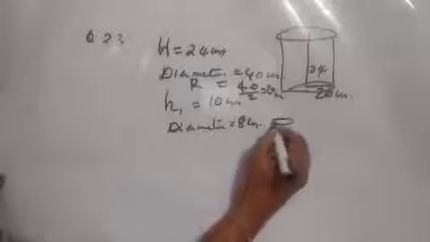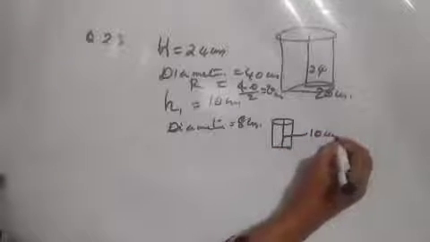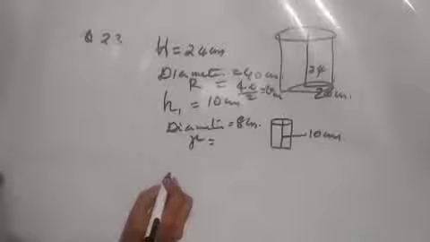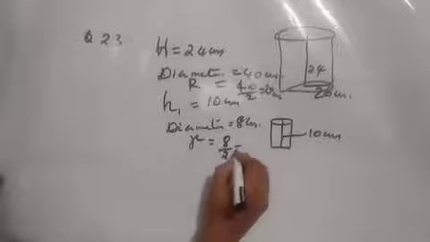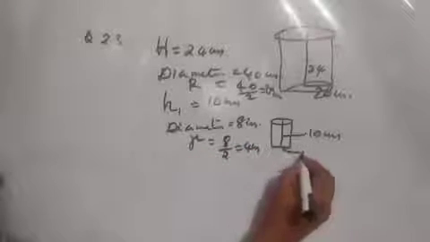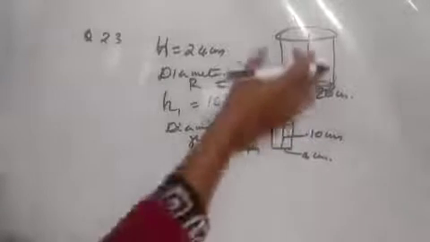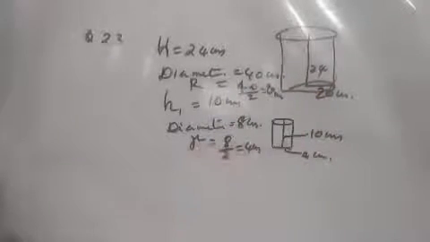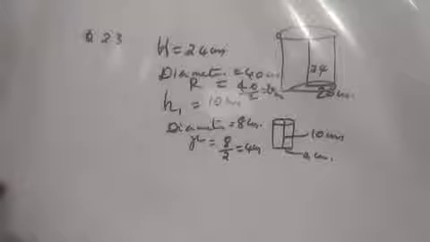And we have small cylinders of height 10 centimeter and the diameter is 8. So what is the radius? We can mark the radius of the small cylinder as small letter r. It's a half of diameter 4 centimeter. Here the radius is 4 centimeter. So this cylinder is full of water, and if you take this small cylinder and measure this water with the help of the small cylinder, how many cylinders we need to complete that particular water or fill that water.